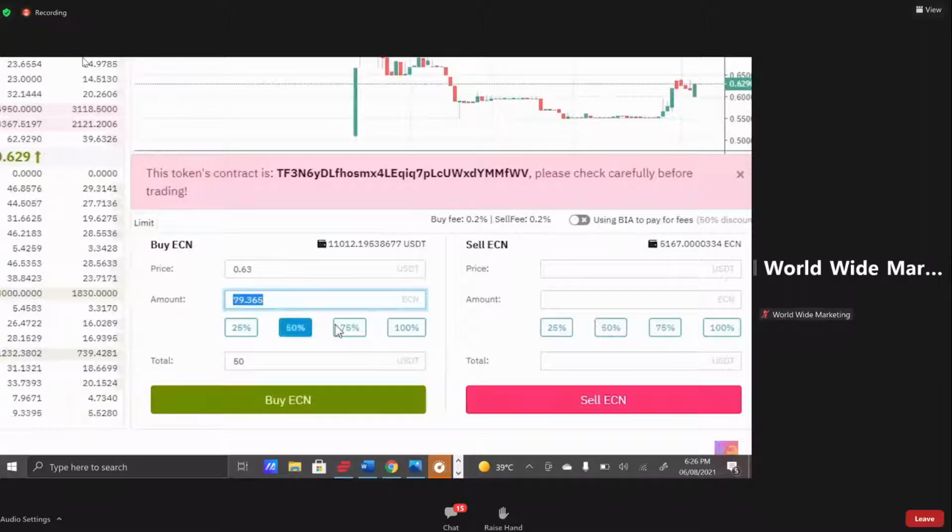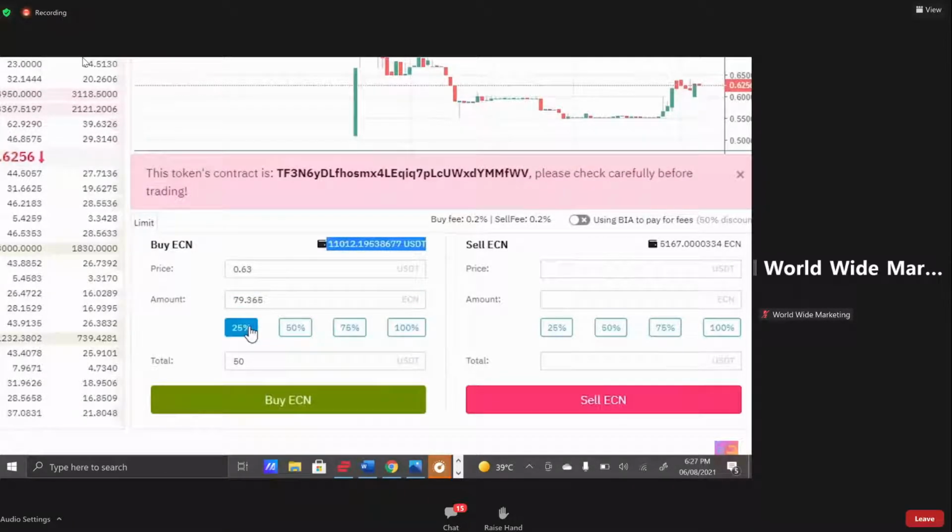Now there are four more boxes with 25%, 50%, 75%, and 100%. It means how much percentage of your USDT you want to spend. For example, I'm just clicking on 25%. Whatever the USDT balance is, 25% is taken over here at this rate. If I click 50, then half, then 75 and 100.